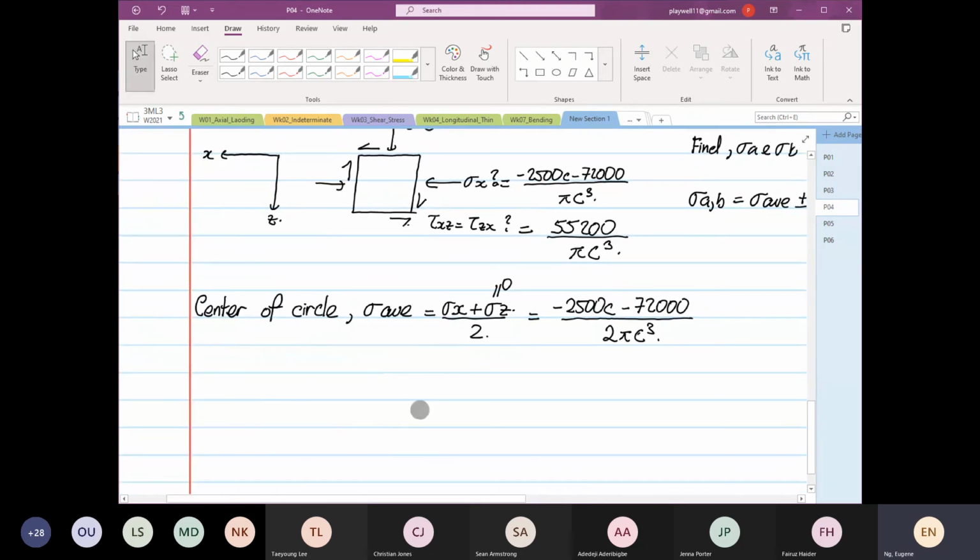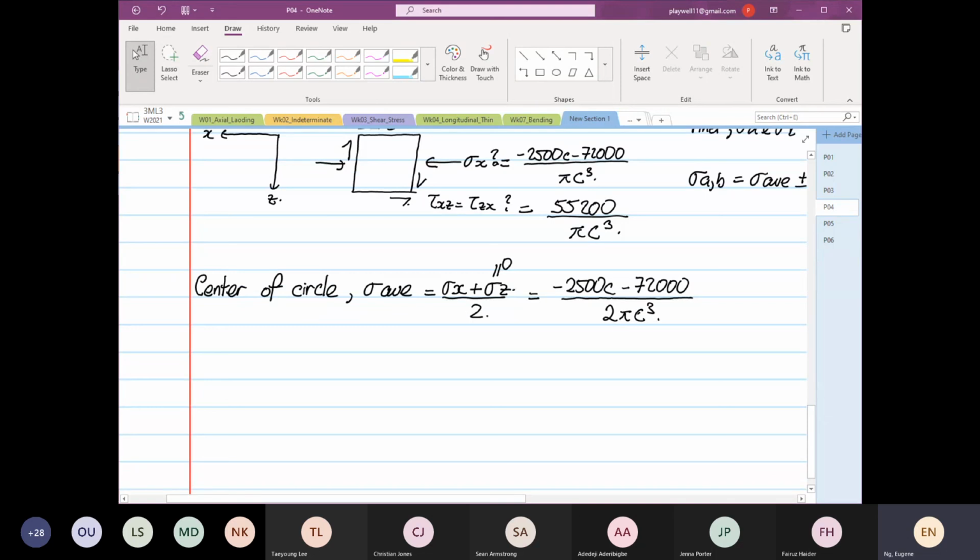Then we need to find the radius of the circle. The radius of the circle is your tau max, and we realize that tau max xz is equal to tau max zx, and this is also equal